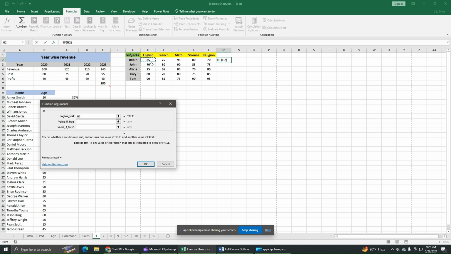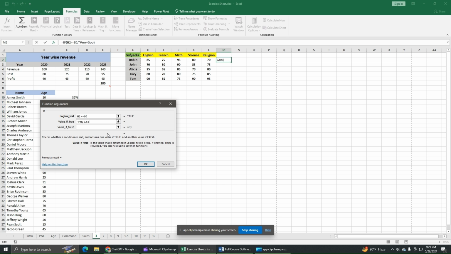I'm selecting this, that is H2 is greater than or equal to 80. That is, if H2, that is any number, is equal to or more than 80, then it will be very good. And one thing, I have to include the text within inverted commas,